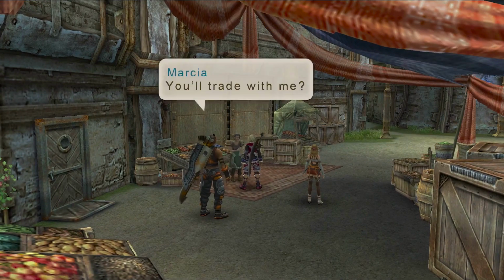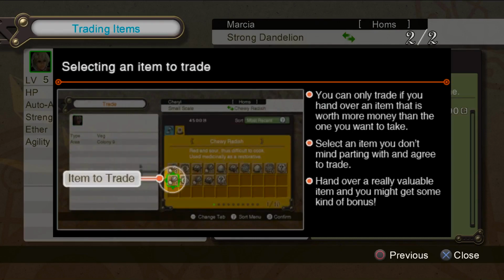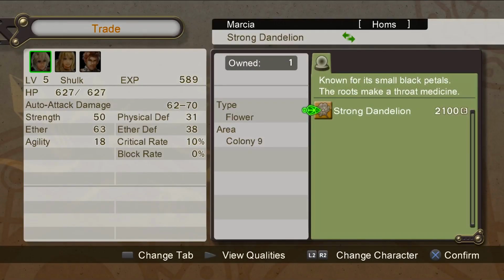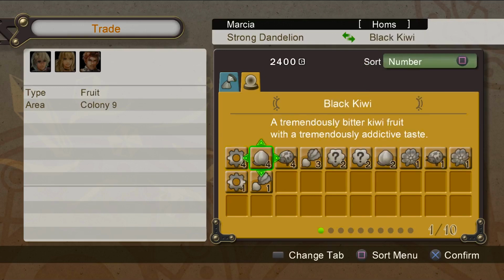The other thing you can do with named NPCs, though, is trade with them. Now, this gets stupidly in-depth, but essentially, every single named NPC in this game can be traded with, and they all have a completely different pool of items that they get more of, the more affinity you build with their area. So right now, she only has a strong dandelion. We're gonna go ahead and trade just to show it off. And what I like to do is sort by number. Although, ooh, I wonder, you can also do a thing called an overtrade, where if you get a really valuable item,